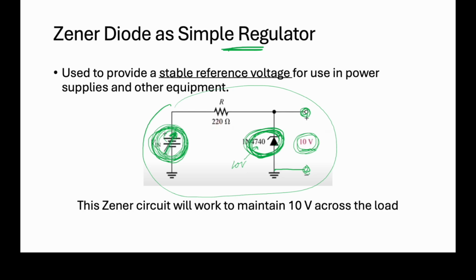DC source. So it will hold throughout the circuit. The voltage at the output maintains 10 volts across the load. That is what we call a voltage regulator, or that is the meaning of the voltage regulator. Usually it is used to maintain the voltage supply. All right. So now let's look at the